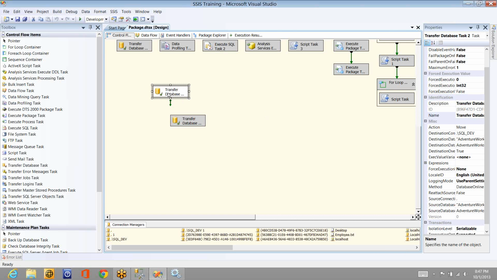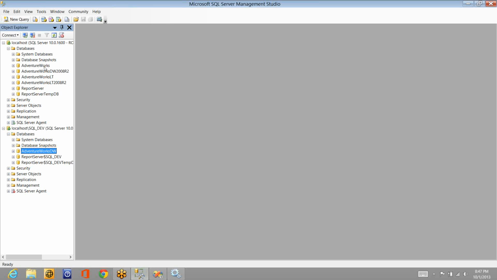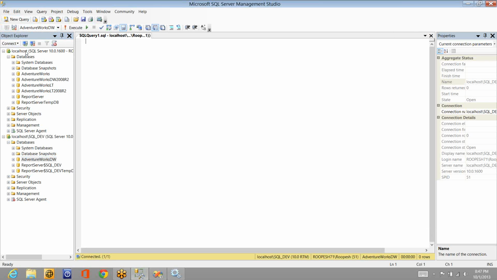Now let me disable this and let's go with the next task, that is the error messages task. What is a transfer error messages task? I hope you know that there are system error messages, which the system uses whenever it encounters a particular error. So let me go to the database and I'll show you where these error messages are. I'll connect to this one